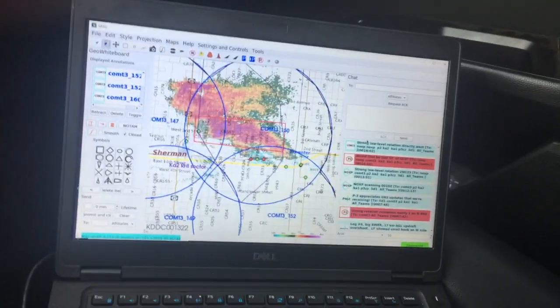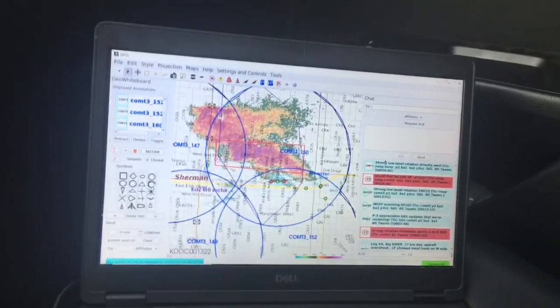So this is radar and the location of everybody in our team, and then a chat on the side. And you're not going to be able to read that, but I am going to keep you in the loop of what we got going on. But in the meantime, I'm going to point this towards the storm because it's way more interesting to look at